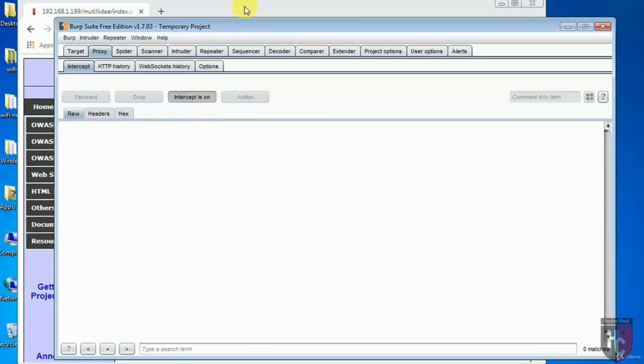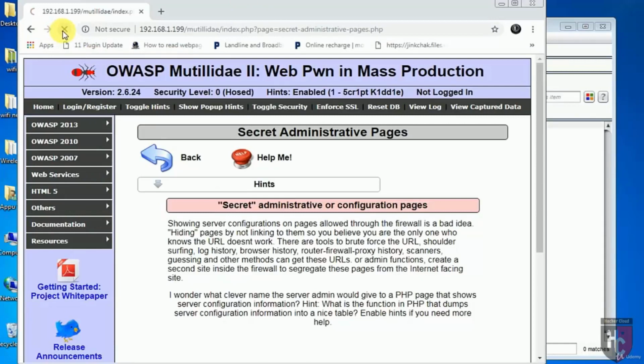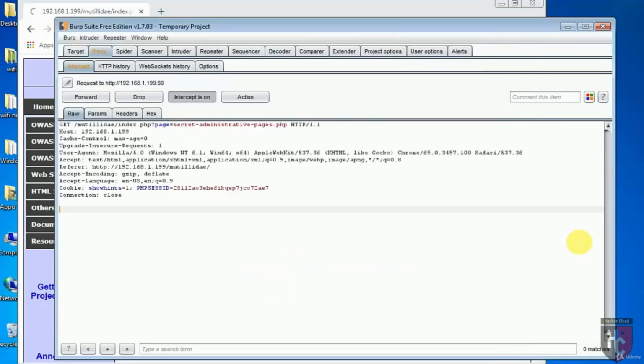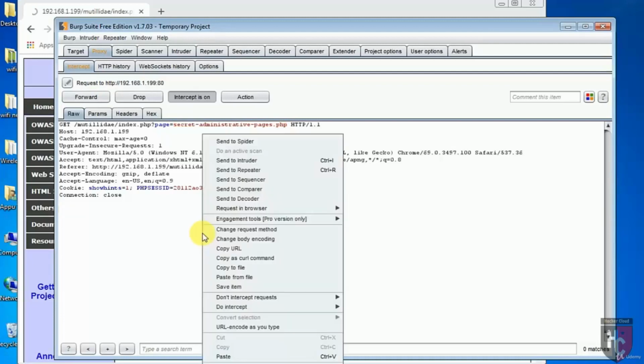Welcome back. In the previous video lecture, we talked about security misconfiguration introduction. Now in this lecture, we will look at a demo on security misconfiguration. Here I am using OWASP Broken Web Application first. Here you can see security misconfiguration and secret administrative pages. With these pages, the aim is to try to find some hidden pages which the administrator has hidden from the user. The web application includes all the pages from these parameter pages. What we can do is we can